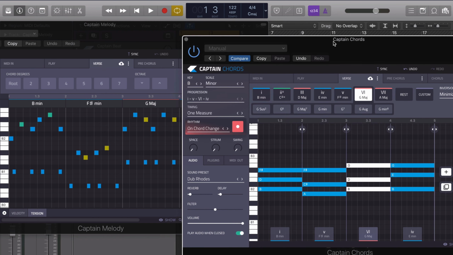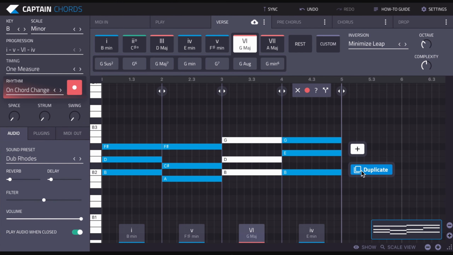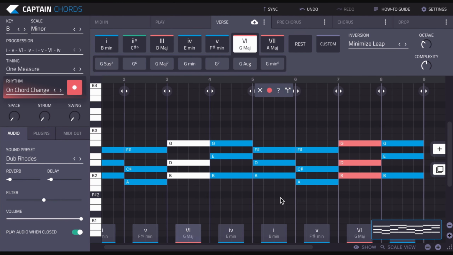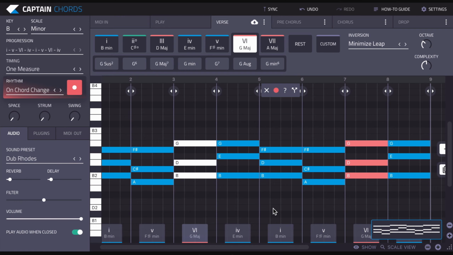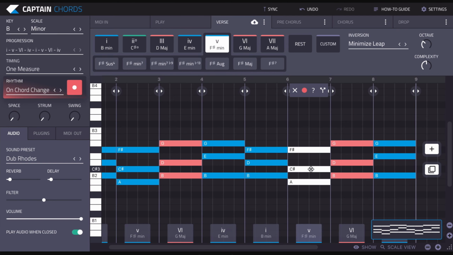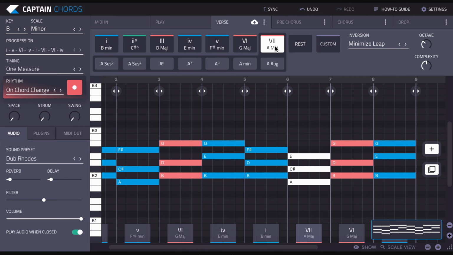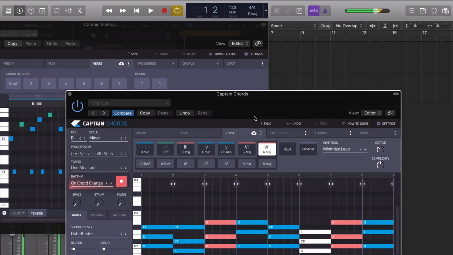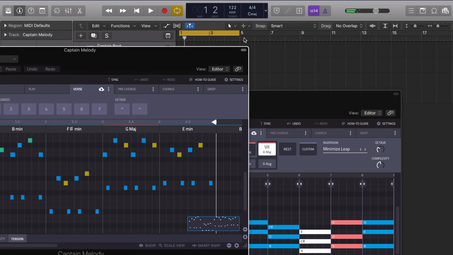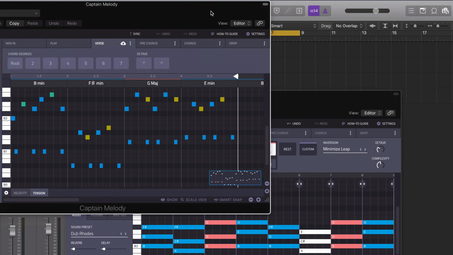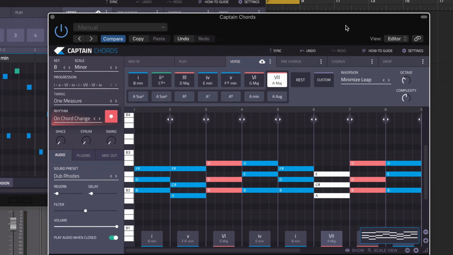What I do like to do, because we've got 4 bars here, what we could do, we could use the same technique. The melody will remain the same, but we could actually add some variation in the chord progression. So what we could do here is we could duplicate this. We could just try changing one of the chords in the second repetition. So let's try this. Let's change this to A major. And we'll just increase the loop length. Let's try that.